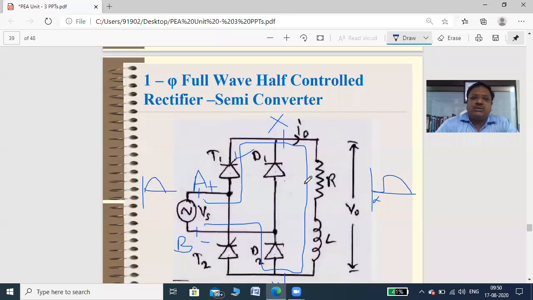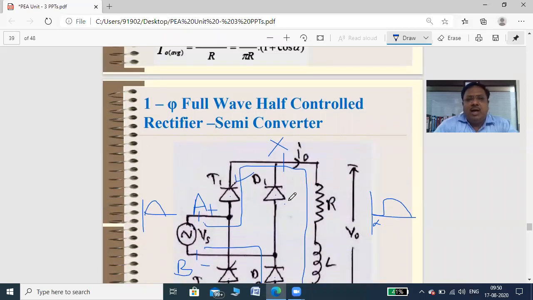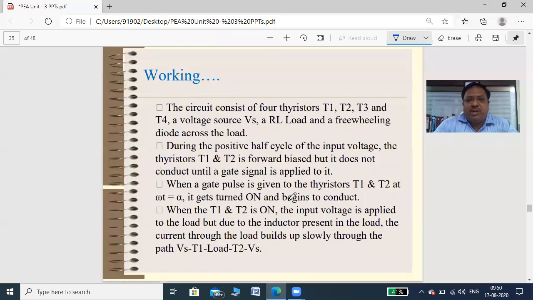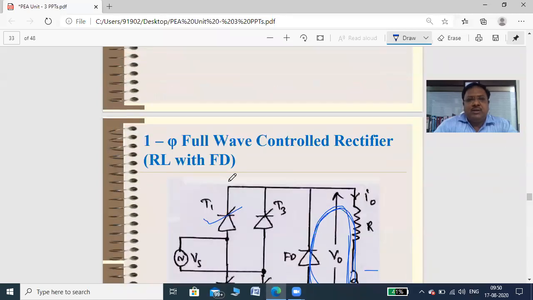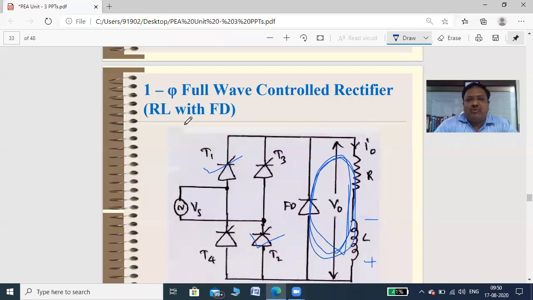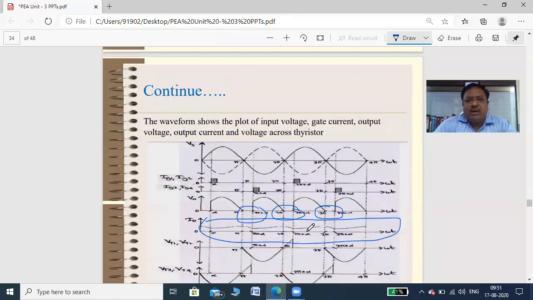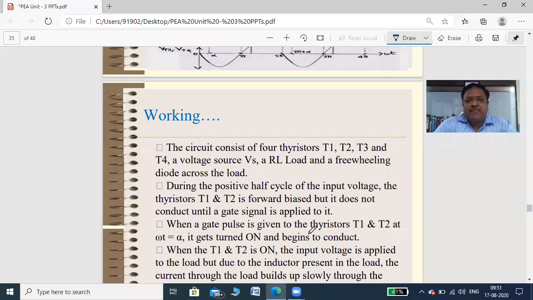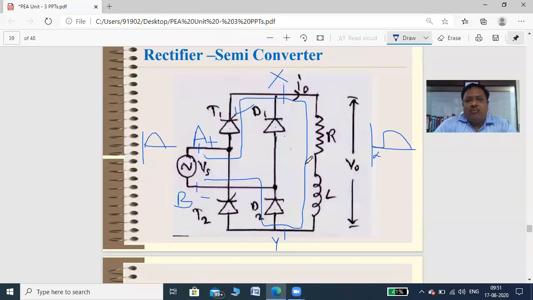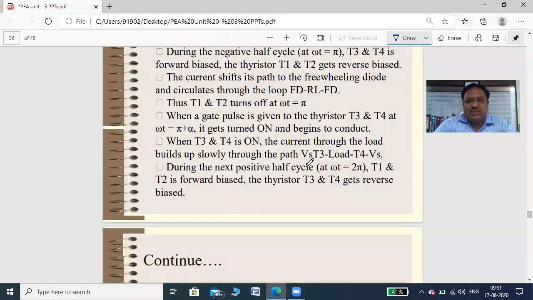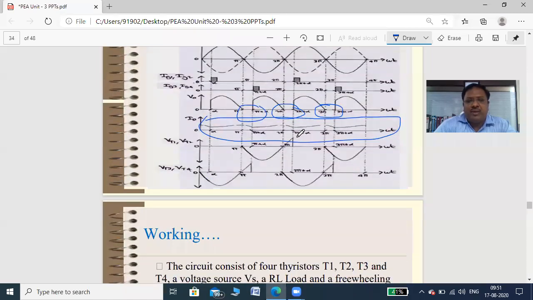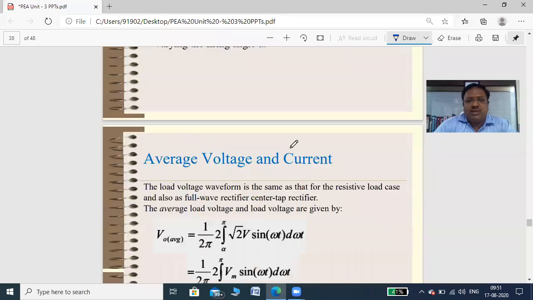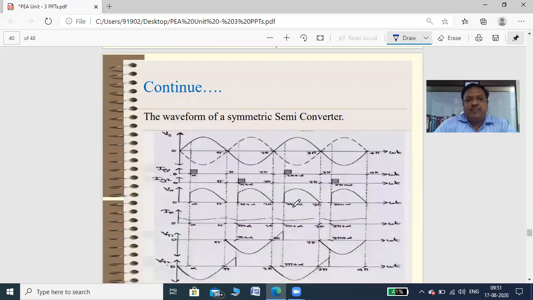Okay. Now, what is the disadvantage of this circuit? I'll just revise the previous one. That is the full wave controlled converter for RL load with a freewheeling diode. If you see here, the load is inductive, right? The diode is required, an additional diode. Now, in this particular circuit, the output waveform is very similar to the previous one. Just look at the output waveform. The same output waveform you will see here.